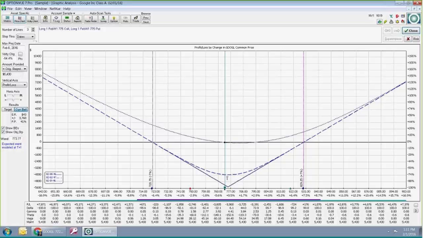So that's going to be a huge drop right there. You can see how the break-even is now. The break-even is 720 to 829 in a day. It's currently trading at about 772. So it's got to make a pretty decent-sized move, 50 points or so, just to make a profit with this trade.